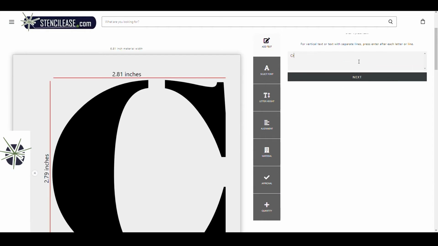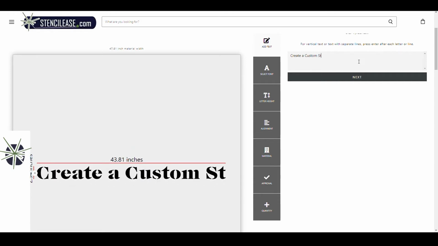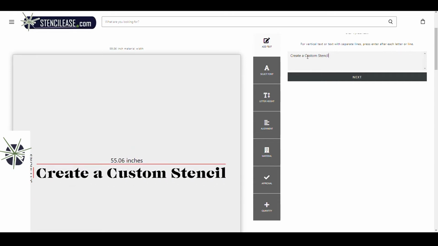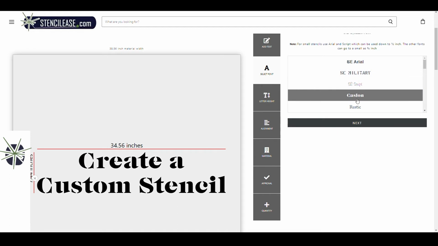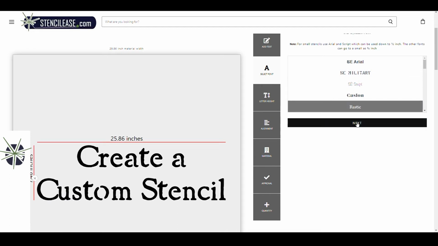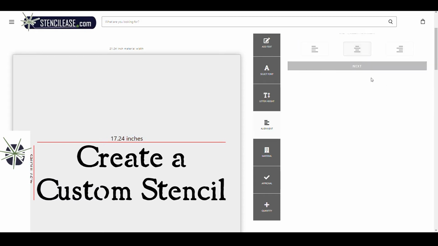Simply enter your text, select one of our many fonts, choose a letter height option, decide on your text alignment,